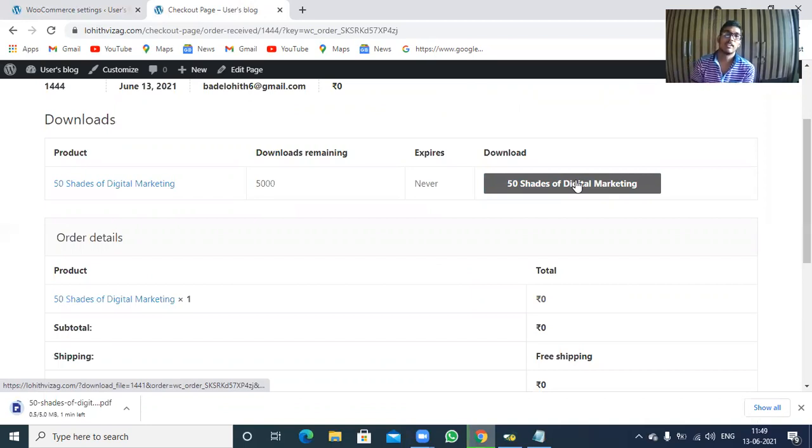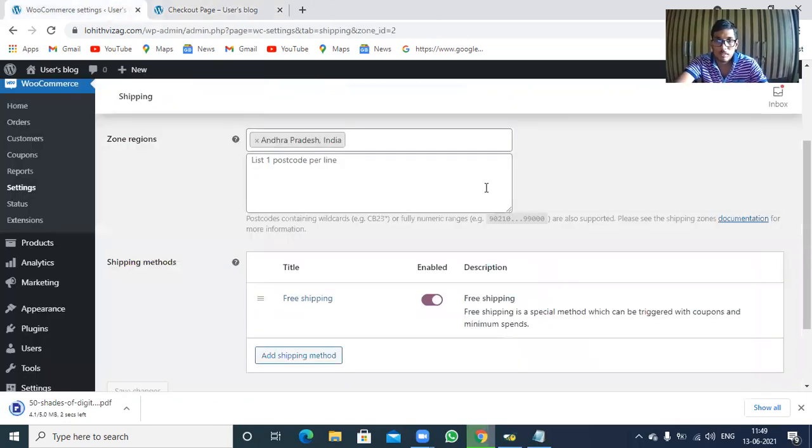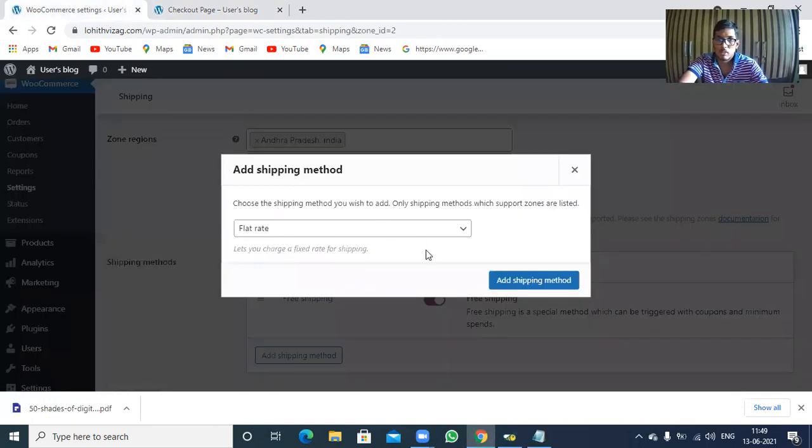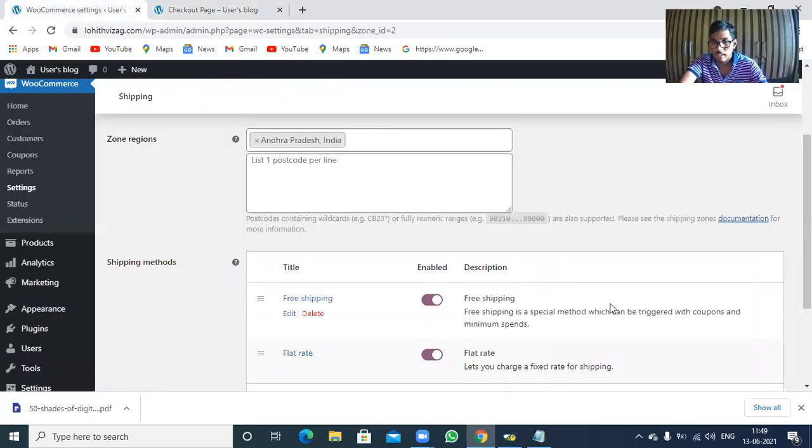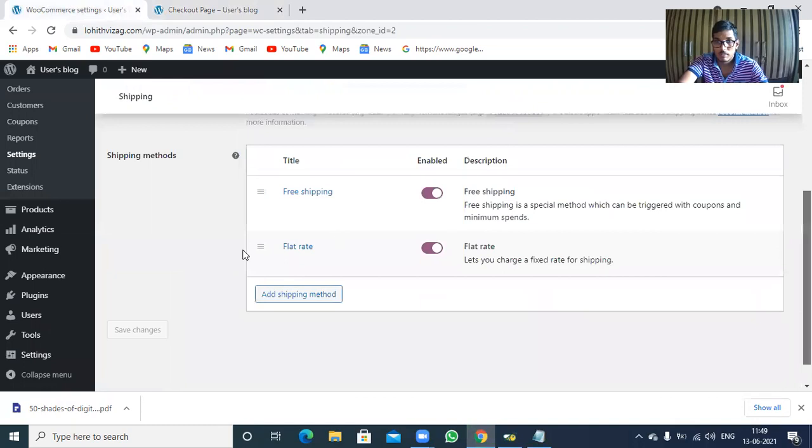And then again I'm going to change this. Again, if you want to change the free ship rate to flat rate, I'm going to change it here itself also. So let us see. First of all, again I'm going to WooCommerce. So again I'm going to delete this, or otherwise I'm going to change it. Click on shipping, add shipping method. So I'm going to select it as flat rate only. And this flat rate, let's click on the edit button.